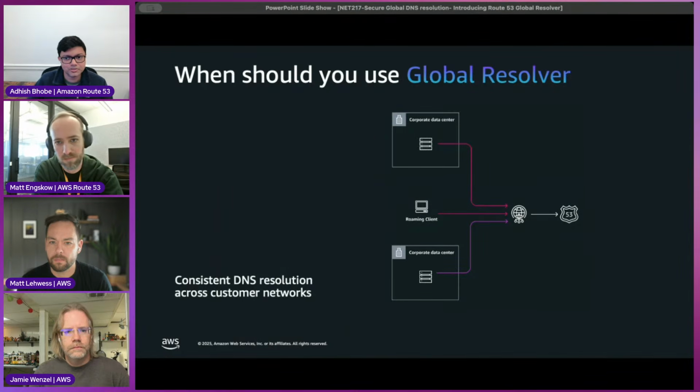So when should you use global resolver? This comes up in a lot of our customer conversations because a lot of our customers already have setups in place. They may have inbound resolvers, they may have forwarders, they may have VPC resolvers. What we tell customers is, if you want consistent DNS resolution across all your customer networks, but at the same time you want to have,